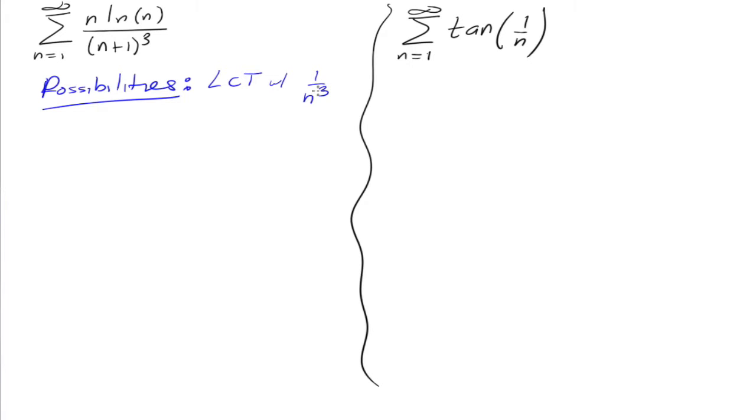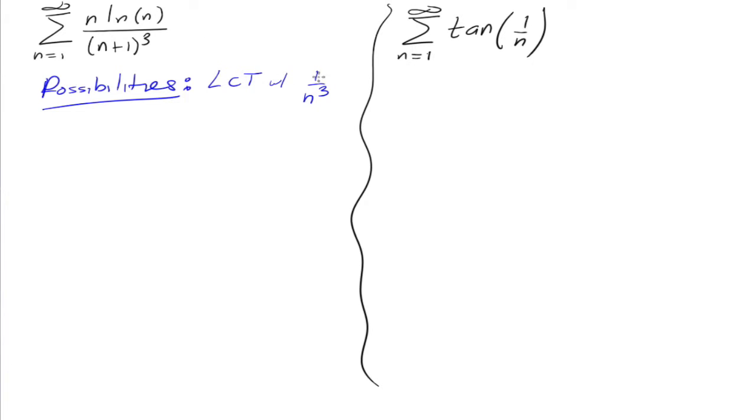Well, there are a couple of issues. You don't really want to do 1 over n cubed, because the n cubed is similar to the n plus 1 cubed, but the 1 isn't very similar to n times ln of n. But ln of n is kind of close to which function? Square root of x, right? So if you think of natural log of n being close to root n,